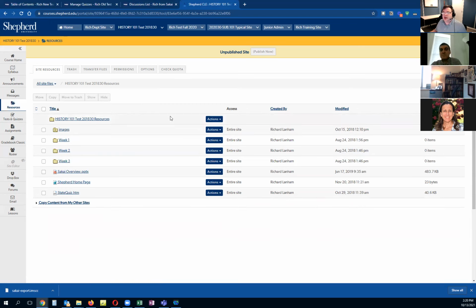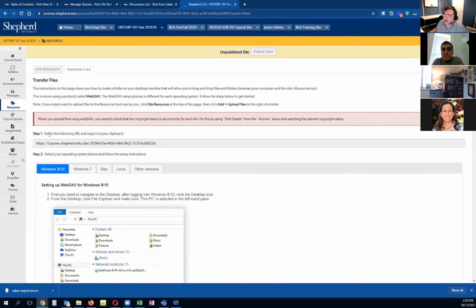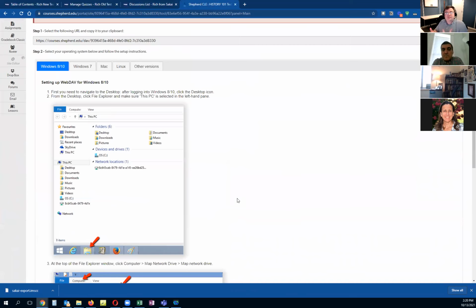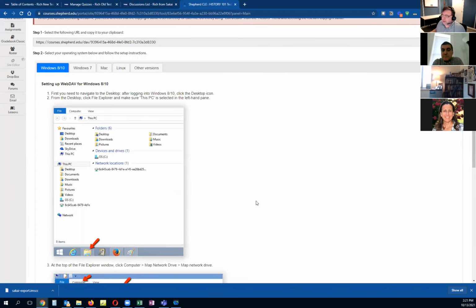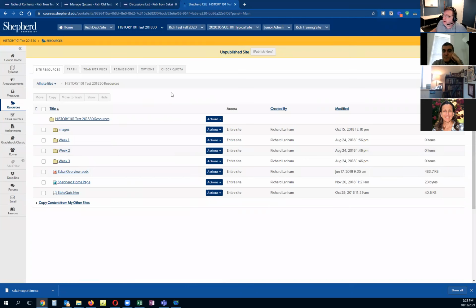There is a method where you can connect your computer to your resources page. If you go to where it says transfer files, and I did a tutorial on this in the spring, you create a connection using something called WebDAV. And if you follow the instructions here, sometimes it works to connect, sometimes it just won't connect. I was able to do it yesterday for a particular program. Basically it creates a way where you can drag and drop and move things over, and it can be very handy. But if it doesn't work, you might have to go in and download things. It also does give you the option, if you go under actions here,